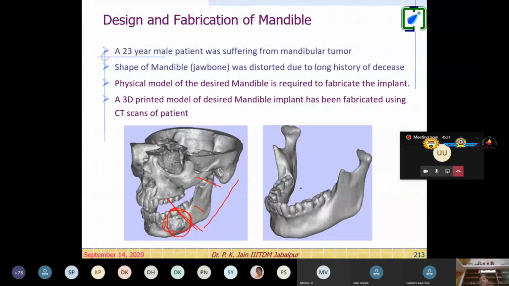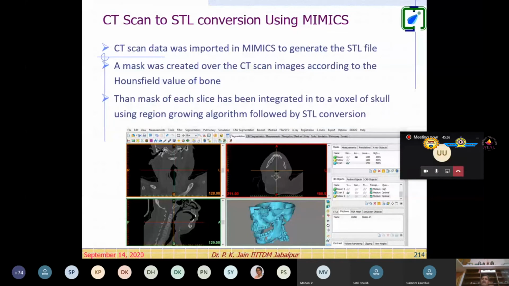So for example, for this work, what we did, we took the CT scan images, found out this is the tumor portion, then we separated out this mandible, right? This is the mandible portion. So we separate out this mandible, right? And now I will tell you how we created the fresh mandible without tumor, right? So from CT scan data, we took it to Magics, and here you can clearly identify the tumor portion, right? On the bottom side. This is the portion where you can see the tumor, right?